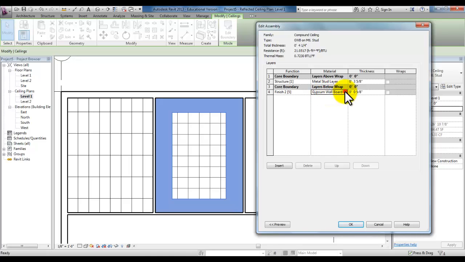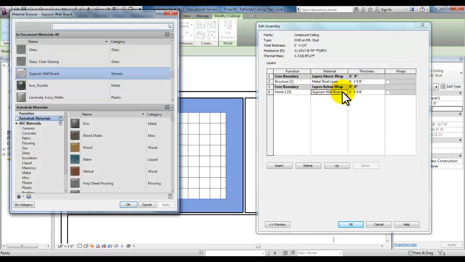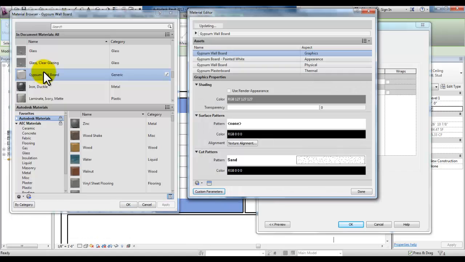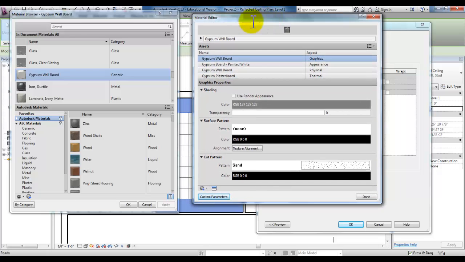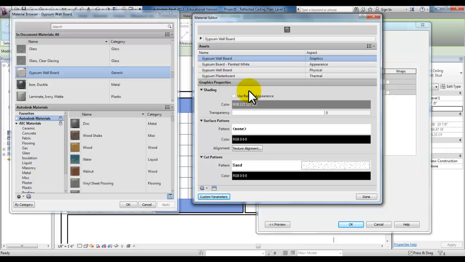Gypsum wall board here, click on that gypsum wall board right here on the right hand side, and you'll see that in the material browser you may also get another dialog box. You have it here. If you double click on this gypsum wall board material in the material browser, you'll now have this material editor, which is the actual ceiling. And so what we want to change is the surface pattern. So under surface pattern,